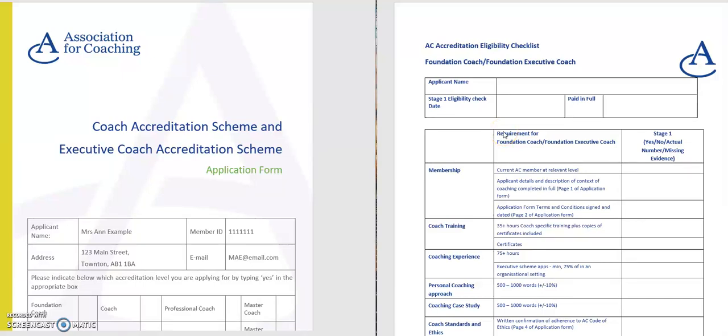So what we're going to do is work through how you complete an eligibility checklist for a foundation coach or a foundation executive coach. You'll be sent a link to all of the documents when you're given an assessment, and so we'll work through those documents to make sure that the applicant's sent in everything that they need to in order to be assessed. So the first thing we do is to fill in the applicant's name